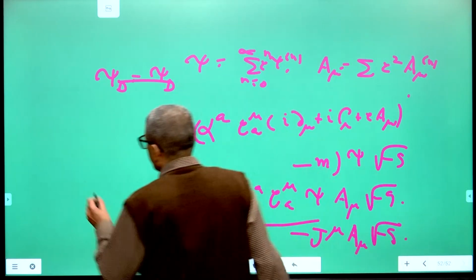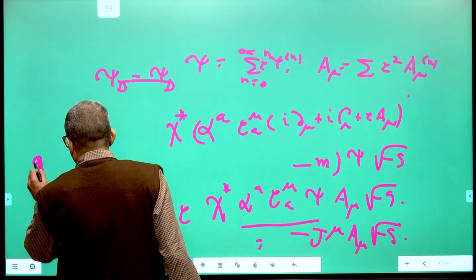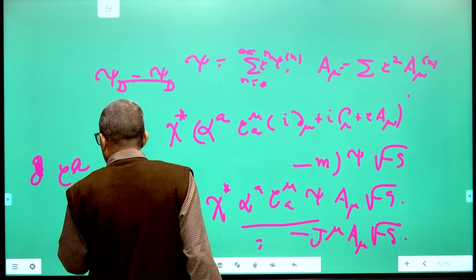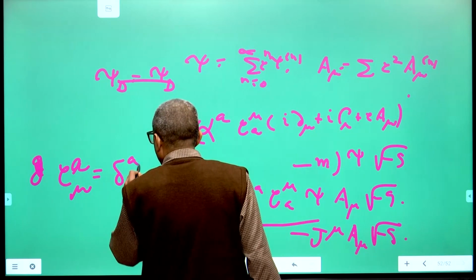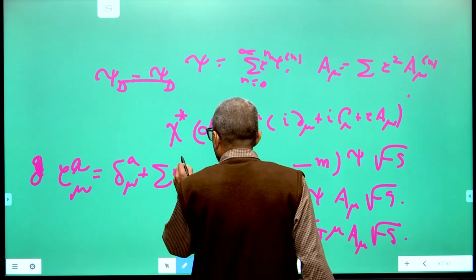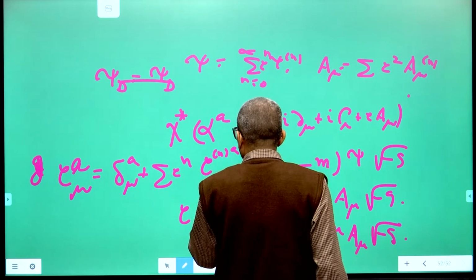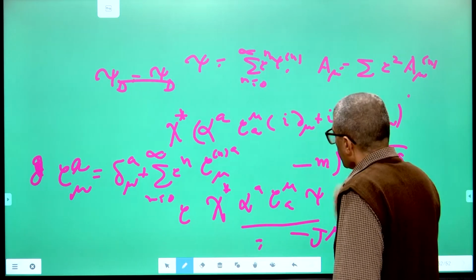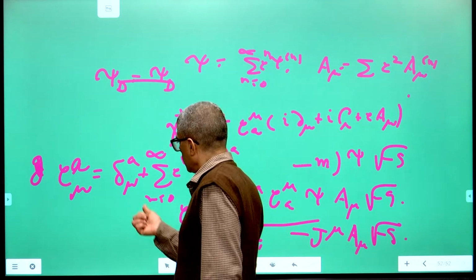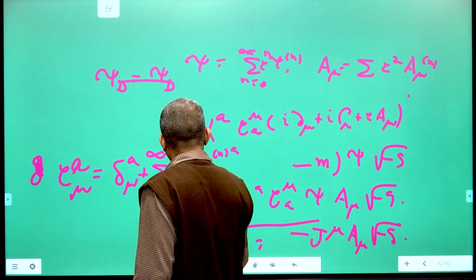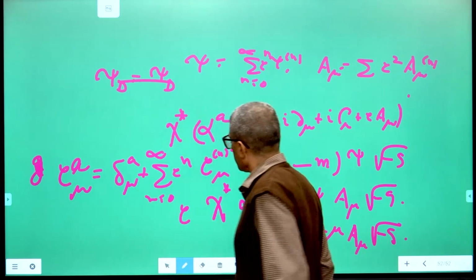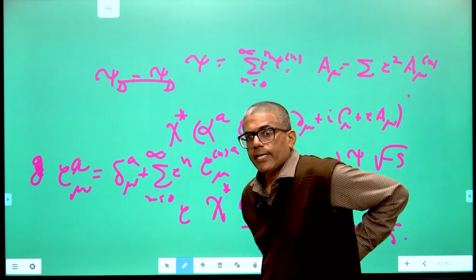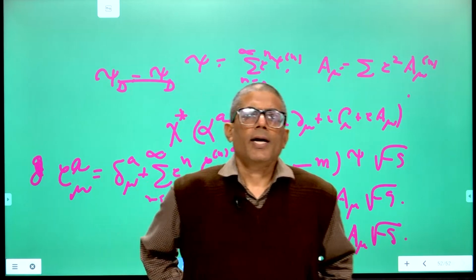And likewise for the gravitational field, you write down the metric tensor or equivalently the tetrad E mu A or E A mu. You expand this also in powers. The first term will be delta A mu, the other terms will be summation e power n E n A mu, n equals 0 to infinity, where e is some perturbation parameter. So to first order E1 mu will satisfy a linearized Einstein field equation, namely the wave equations, and the higher order terms will involve non-linearities in the gravitational action.